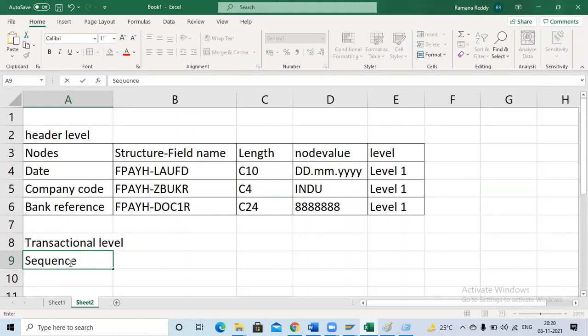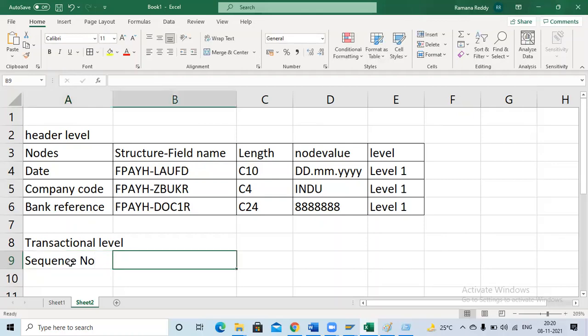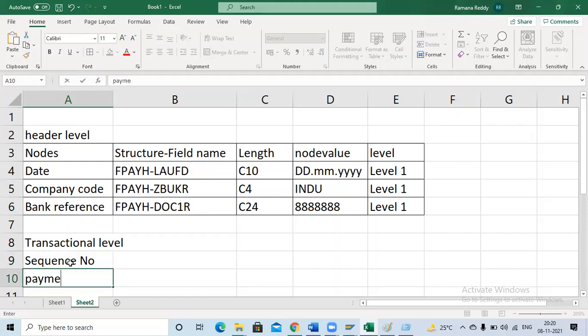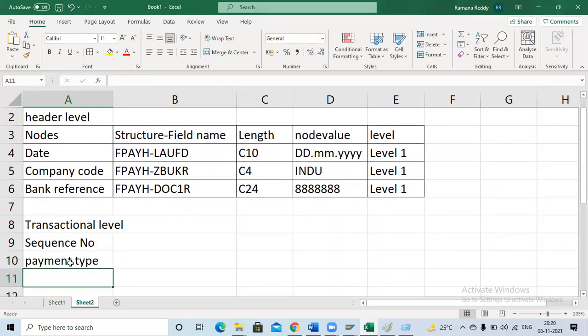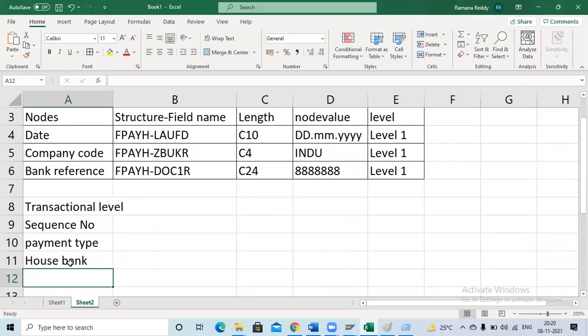First, sequence number. Sequence number means like an invoice number. It will take any kind of random number. Suppose 24 it will start: 24 for the first invoice, 25 for the second invoice, like that. So first I'm going to display the sequence number. Next, I'm going to display payment type. Payment type means whether the invoice is a NEFT invoice or an RTGS invoice. Next, I'm going to display house bank. It is my house bank.